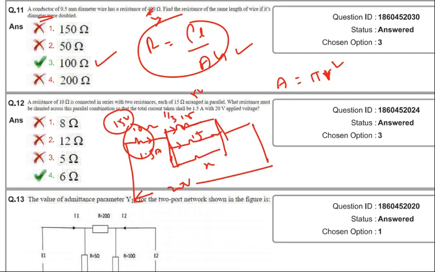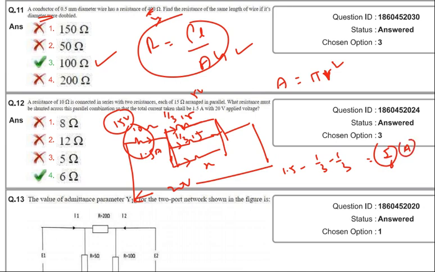Here how much current will flow? 1 by 3. Okay, 1 by 3 current, 1 by 3 current. Total is 1.5 current. Just simplify that: 1.5 minus 1 by 3 minus 1 by 3. You will get how much current is flowing through this. If you simplify, you will get 5 by 6 as the answer here. 5 by 6 amps will be flowing through this.